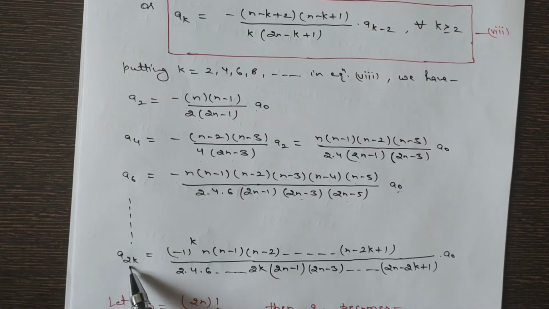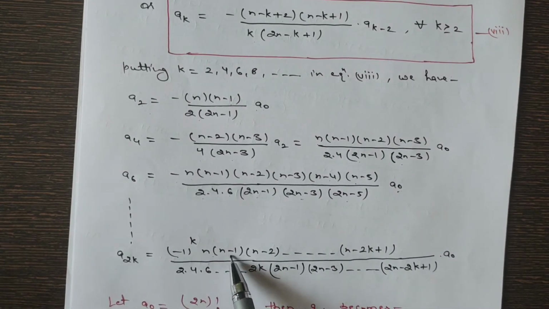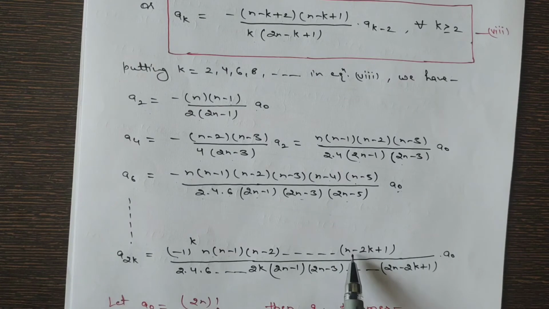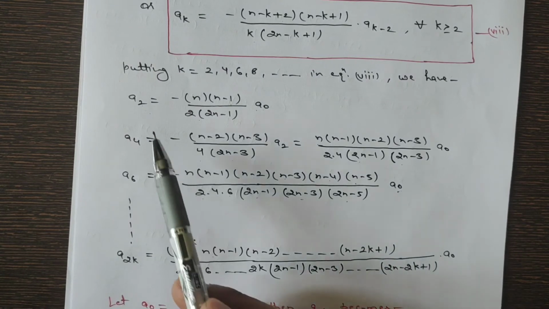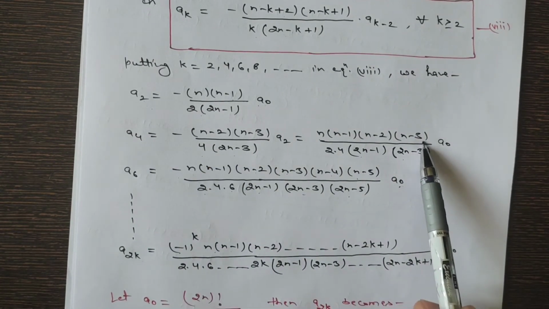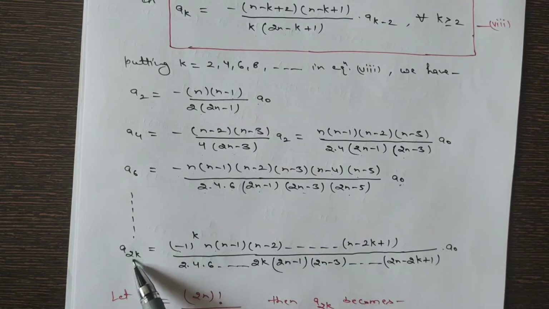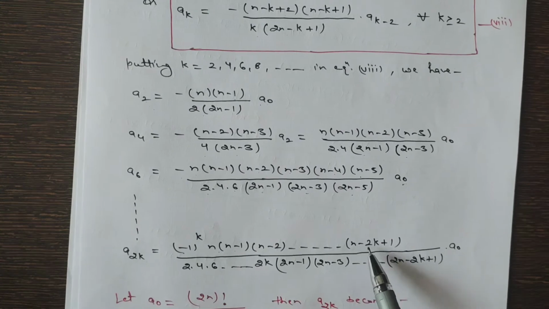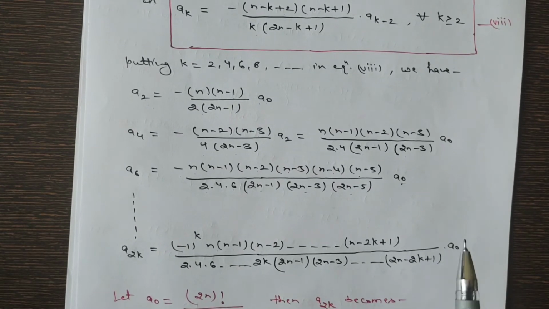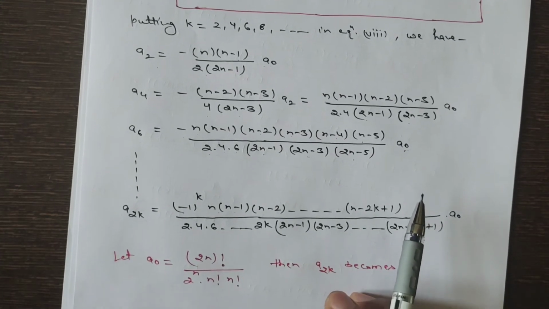So similarly for a2k we will have n into (n minus 1), (n minus 2) up to n minus 2k plus 1. Because for a4 we are getting terms up to n minus 3, for a6 up to n minus 5. Similarly for a2k we will have n minus 2k plus 1 into a naught,